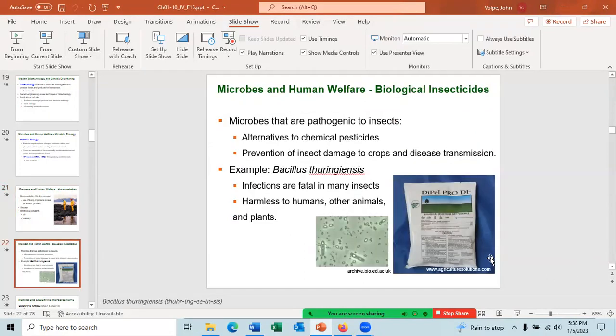All right, let's talk a little bit about how microbes are used as biological insecticides. Some microbes are pathogenic to insects, and they can be used as alternatives to chemical pesticides. They will prevent insect damage to crops, as well as prevent disease transmission. We're talking about mainly crop diseases. An example of a microbe which is toxic to insects is Bacillus thuringiensis. Infections by this bacteria are fatal to many insects, and yet Bacillus thuringiensis is harmless to humans, other animals, and